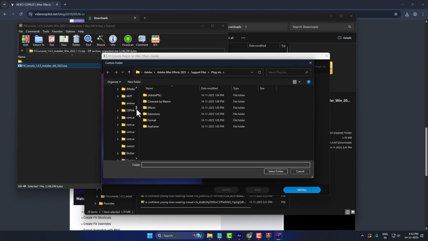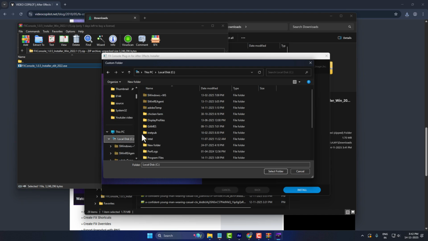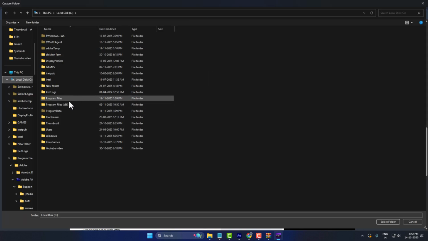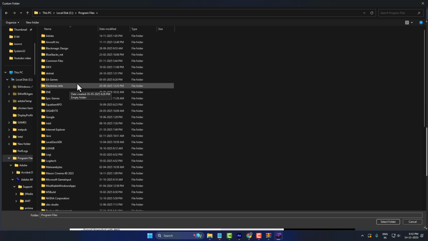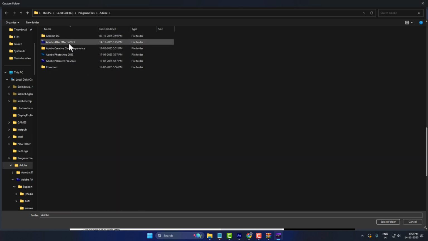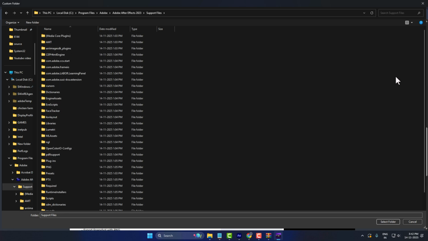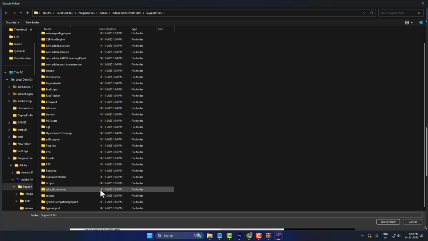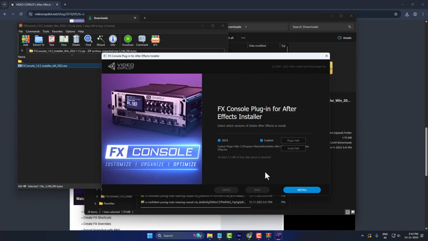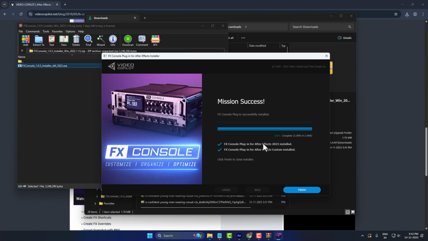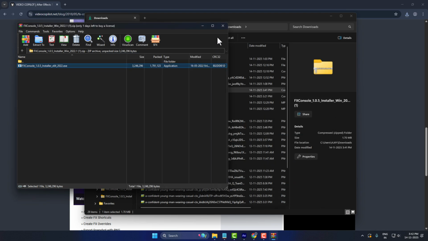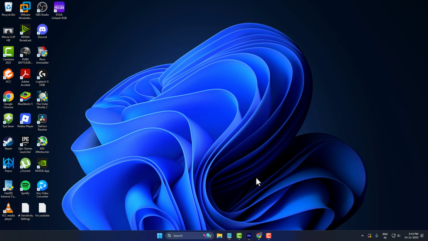You just need to go to C drive, Program Files, Adobe, Adobe After Effects, Support Files, and scroll down and find Plugins. Just select the plugins folder, select the folder option, and then select install. After the installation is done, select the finish option and close this, and now you just need to open